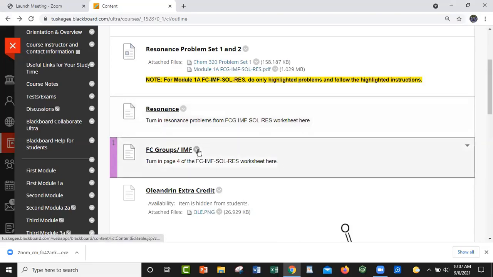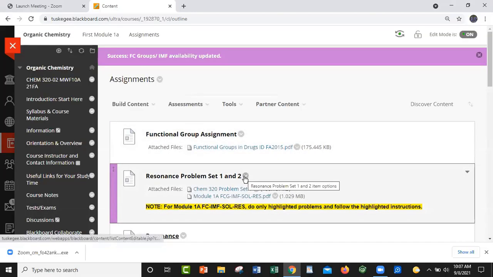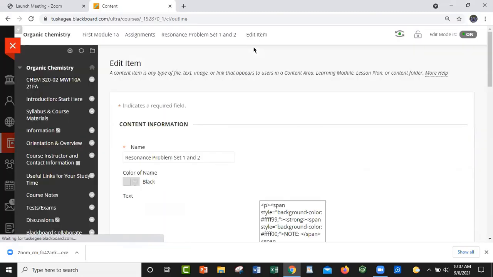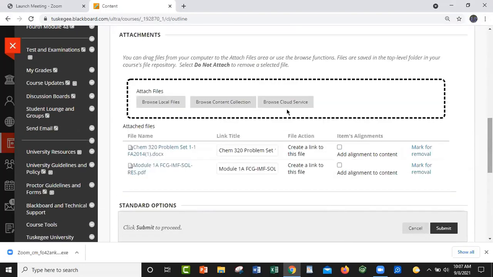I'm going to close this one. And then you can just put everything in one place. And then I'm going to edit this and take off one of these because we really only worked on one of these handouts. I was supposed to clean this up earlier, but I didn't. My apologies for that.